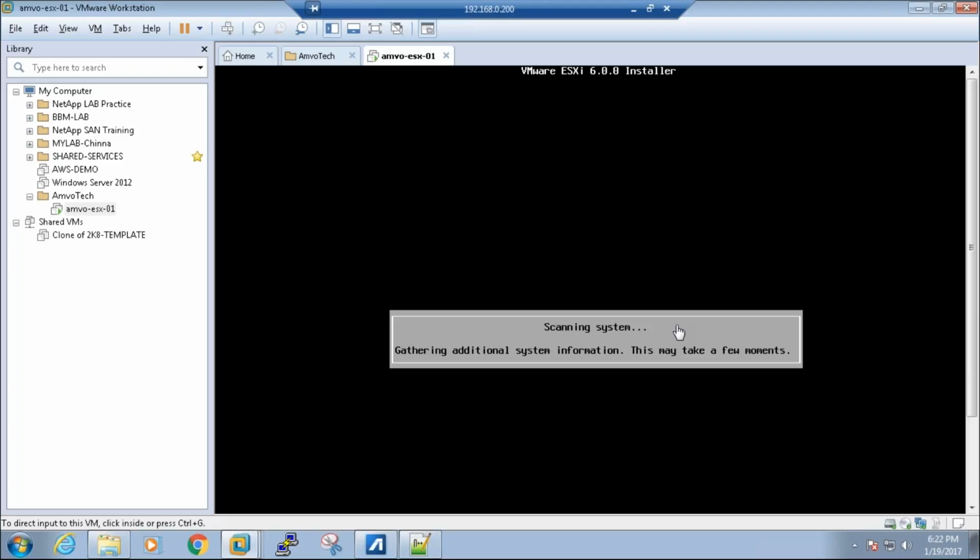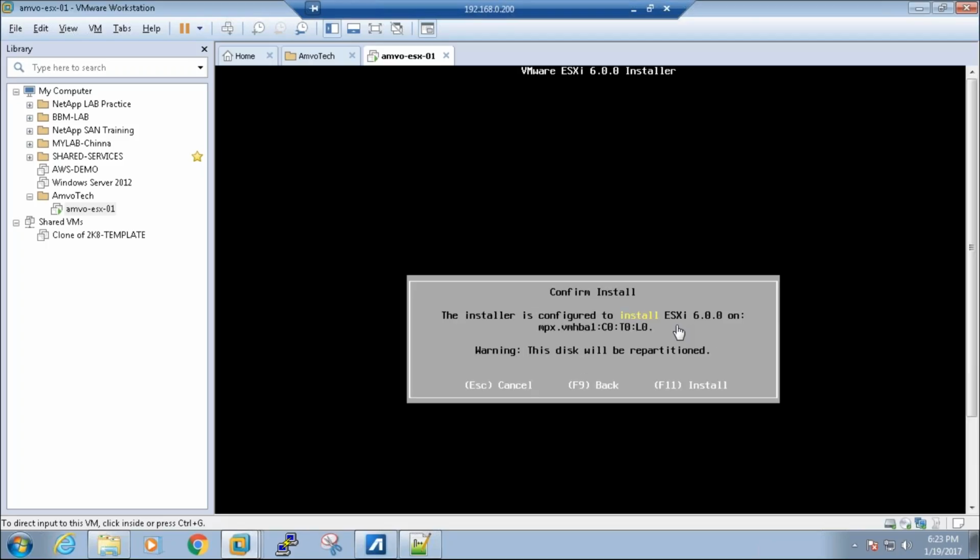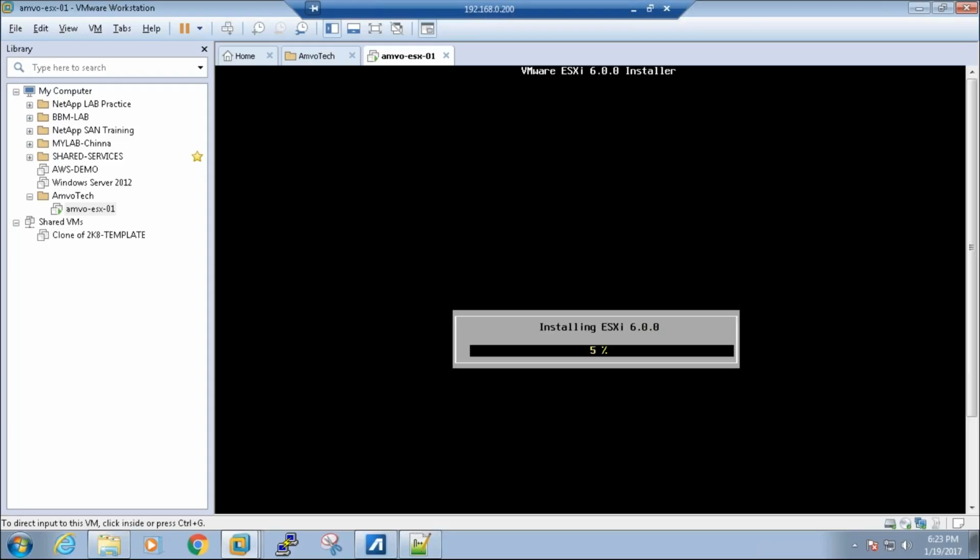The entire process of installing the ESX server would not go beyond 10-15 minutes, because it is a lightweight operating system. As I said yesterday, the operating system is just a 200 MB file. When you want to install it, it can be installed on a pen drive or on a hard disk. So it is very simple and lightweight. This is the last prompt that you get before you confirm or cancel. Once you say install, you will not get any prompts to escape or skip. So I just press F11 on my keyboard. That's all. It just goes ahead with the installation.